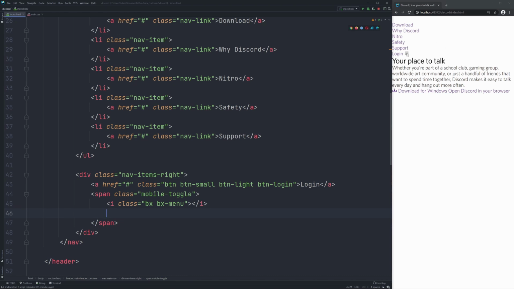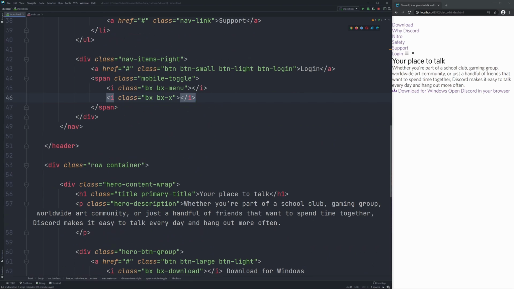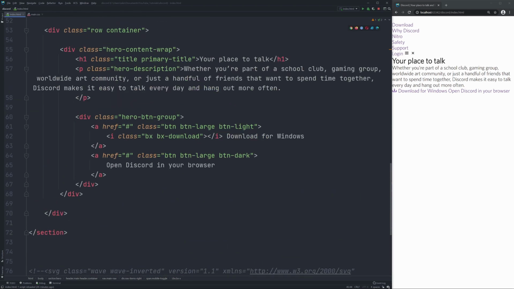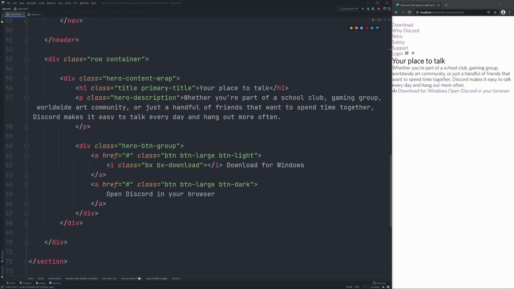And now you can see that the Hamburger menu is showing up. Then we'll do the same thing here, just duplicating it. And then we can just simply change this menu class here to x. And that's pretty much it for this header navigation, as well as the hero and all the content within it. So to continue now, let me just leave it here so that later on